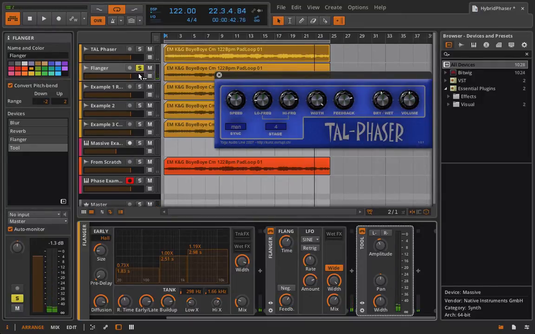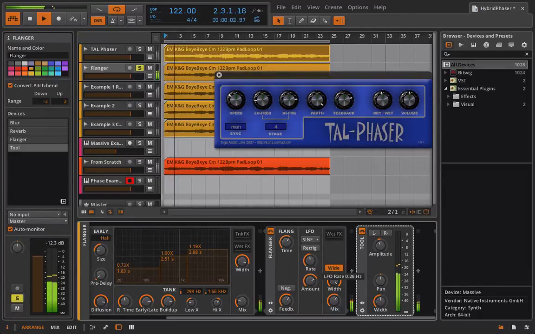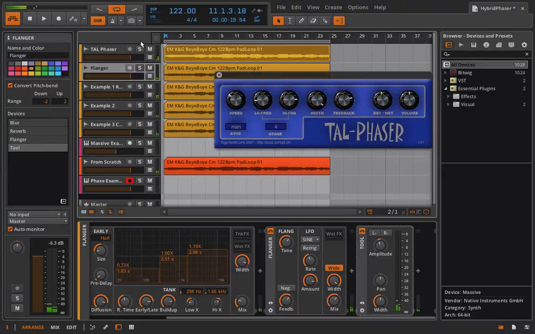Okay, so now we can compare the two. They're not going to be super similar. Okay, so not super similar, but